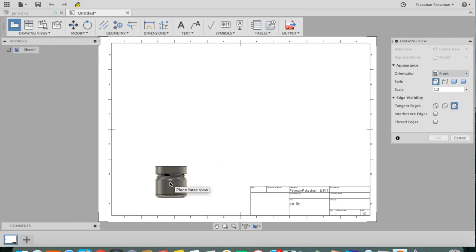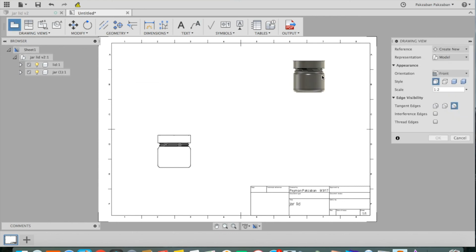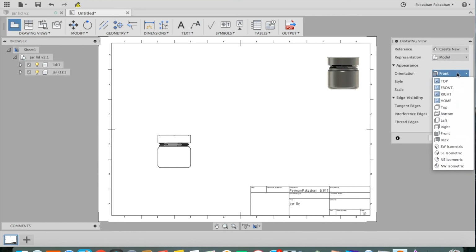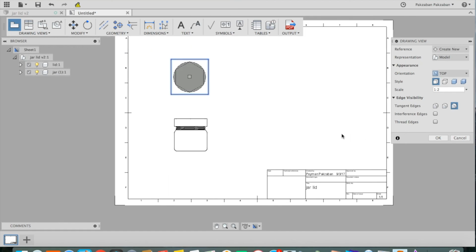Drawing sheet. It wants me to place the base view, which is a front view of my object. It says front over here. I'll place, OK. And I'll create a drawing of the base view. Now I can go and create another base view, and let's call that the top view, and put that on top of the original view. Press OK,